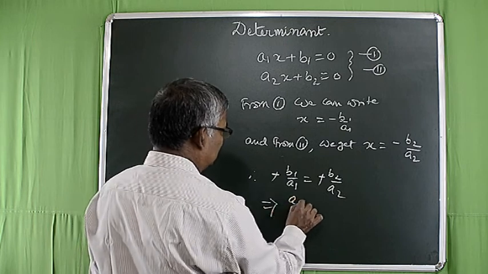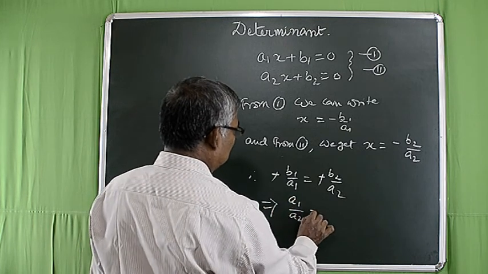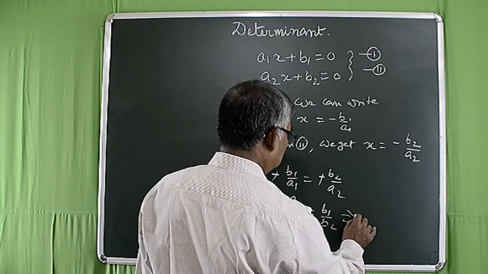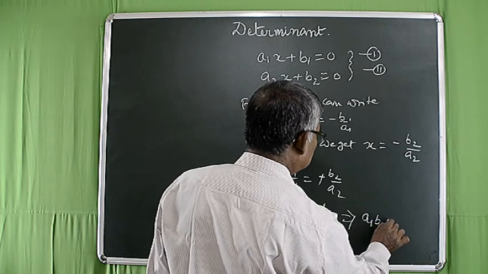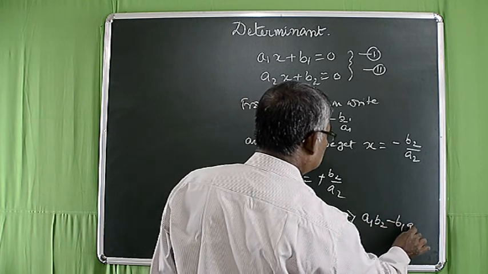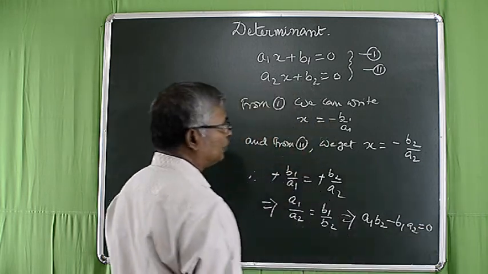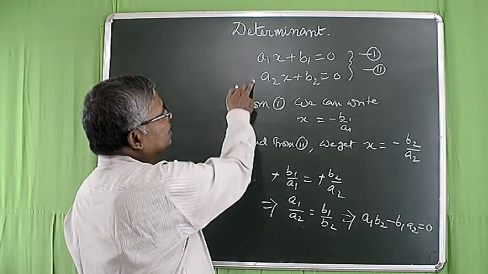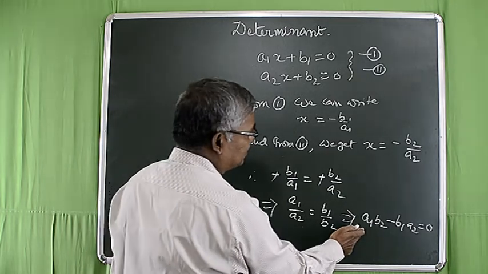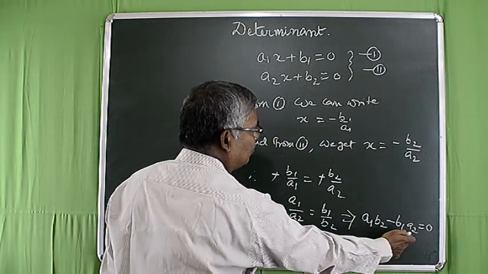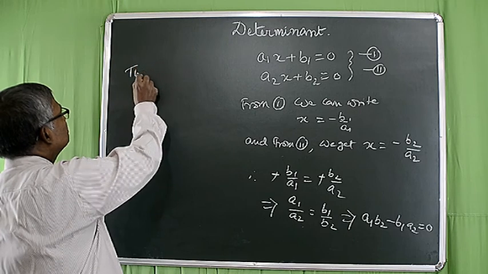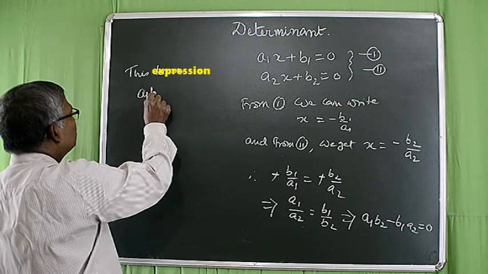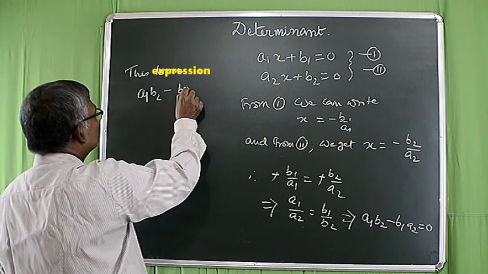This implies that a1/a2 = b1/b2, or a1 b2 - b1 a2 = 0. Students, so we get that if these two equations have the same root, then this algebraic expression equals 0. Now a1 b2 - b1 a2